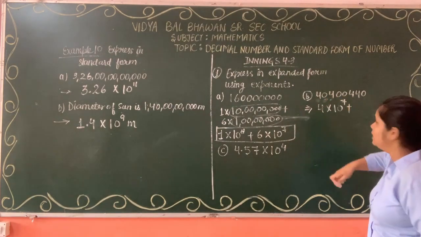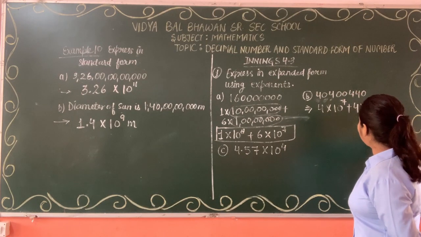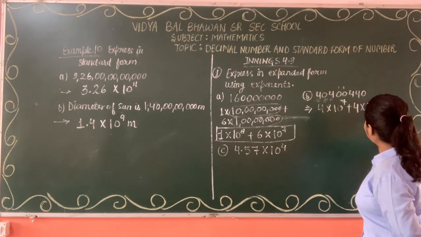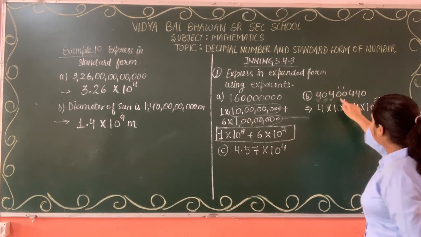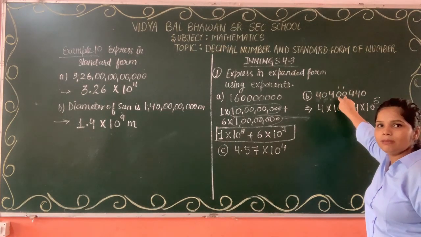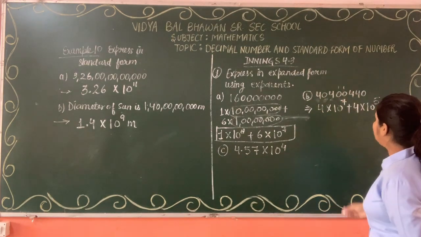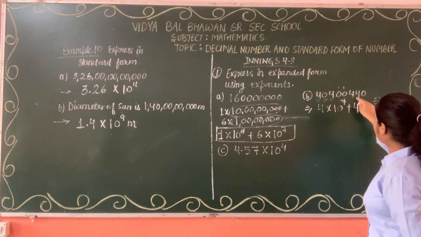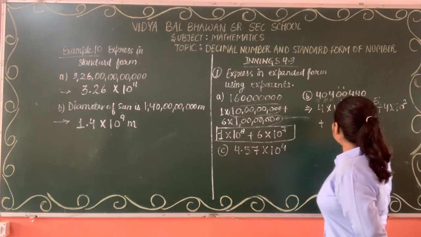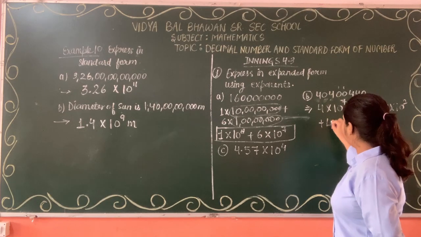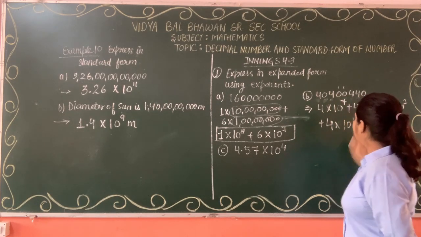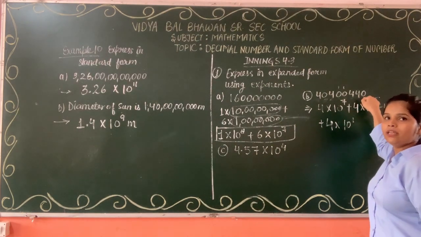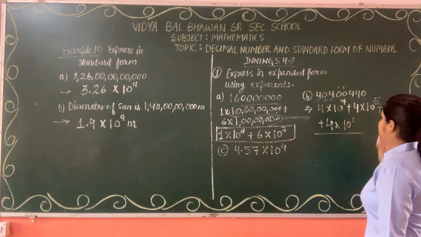Now coming back to this one, this 4. Power, count it, 1, 2, 3, 4, 5. So it will be 10 raised to the power 5. After that, these two zeros we can skip, for the same reason, place value of 0 is 0 only. Write this 4, that is 4 into 10 raised to the power 2. After that, this 4 is 4 multiplied 10 raised to the power 1 only. And this 0 again has place value 0 only. So this is the answer.